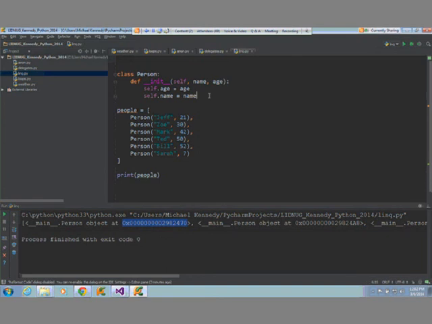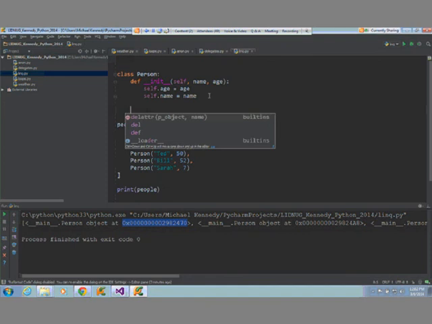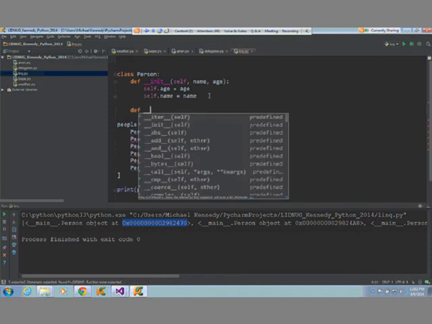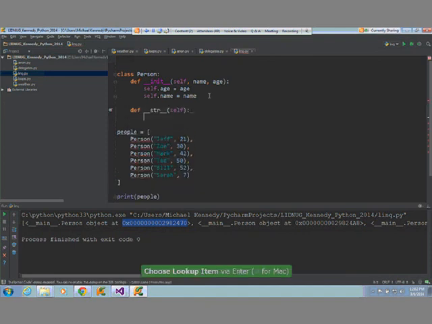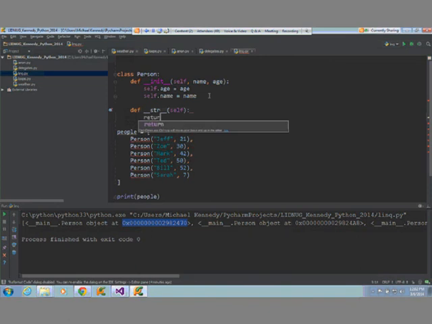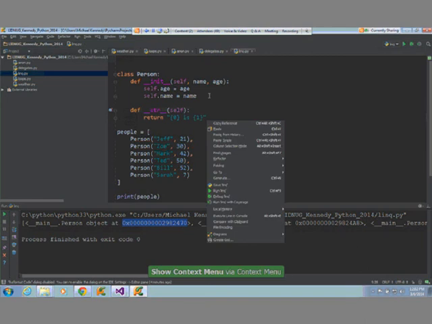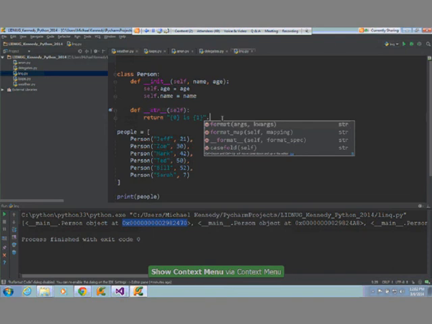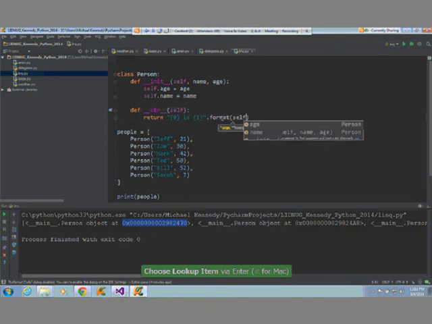So I kind of want to do my override toString. So let me just show you this because it'll come up. It looks a little strange sometimes the way it works. There's kind of two strings. So I can say return curly 0 is curly 1 dot format. All right, come back here. Dot format self dot name self dot age.